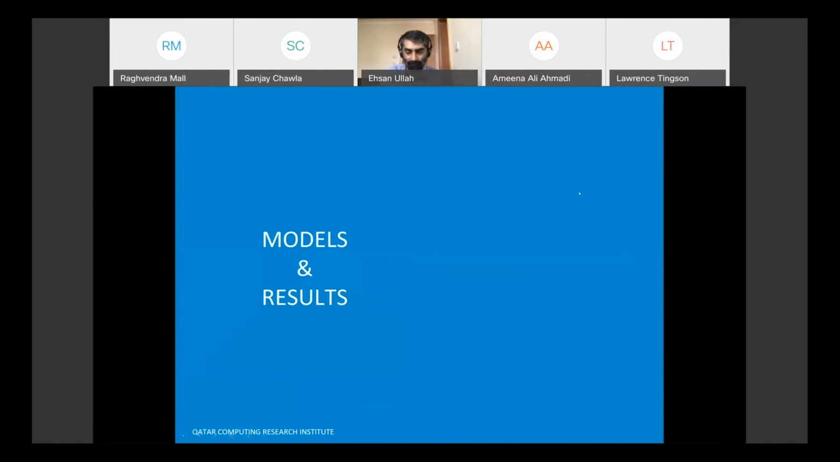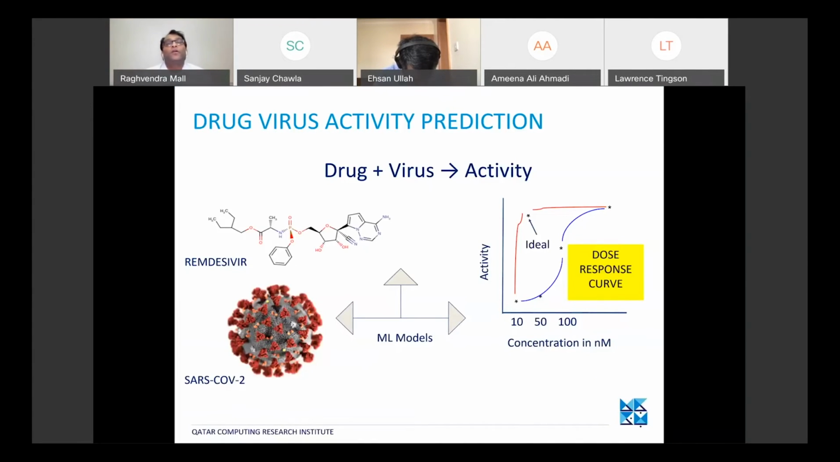Before we talk about the models and some of the results that we have, what I would like to say is that we focused on some of the information sources which are available, and we tried to formulate the problem in a simplistic way, but at the same time we show the power of how machine learning and AI tools can be used given the formulation that we are using. What we are focusing on is, given a drug and a virus, which in this case is the SARS coronavirus,